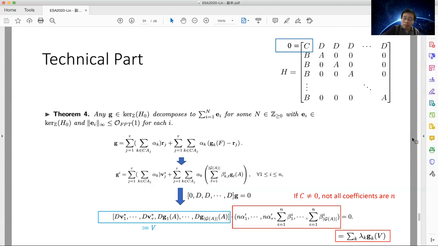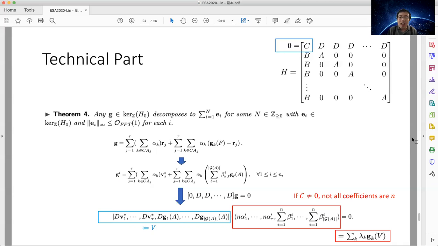Because this vector lies in the kernel of V, I would be able to expand this vector, which might be very huge, into a summation of thin elements. Here by GK of V, I mean the basis for V, this matrix V,